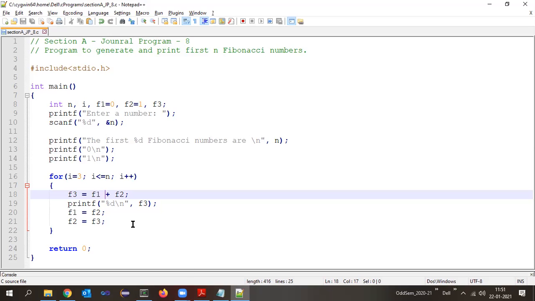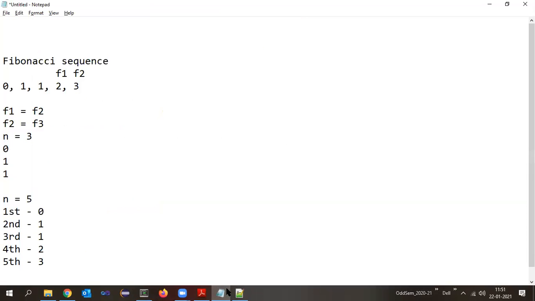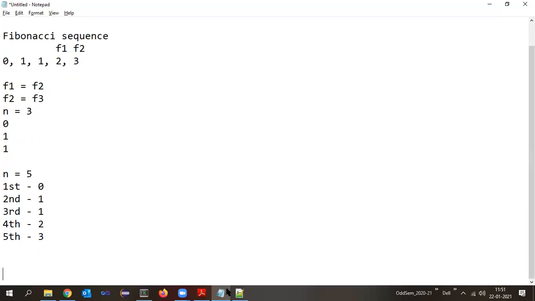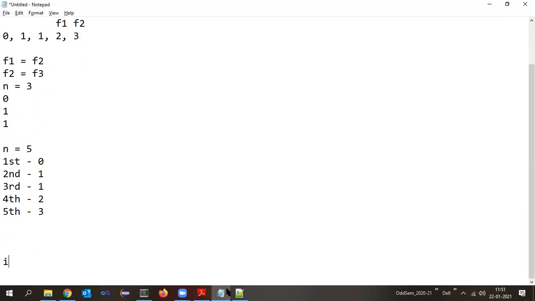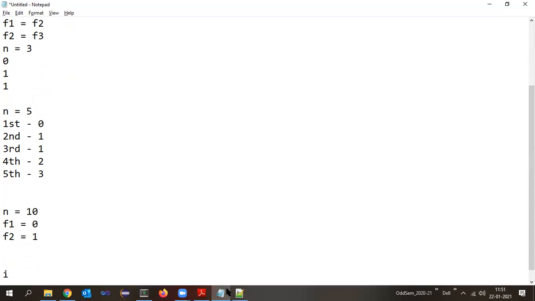Online students, what you need to do is make a table, like this. I will just show you here. Offline students, you just trace yourself. You make a table. First, make the variables. Before that, you can have n, say n as 10. Then F1, F1 value will be 0. F2 value will be 1. Then next, I equals 3. That is the initial value.